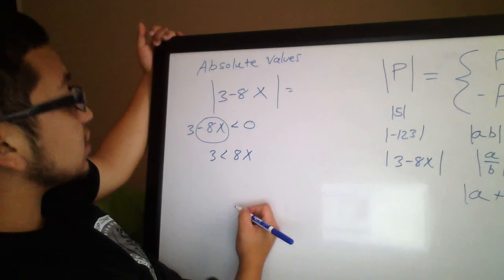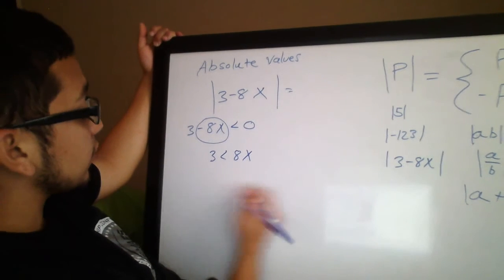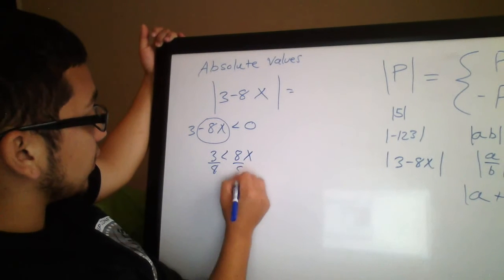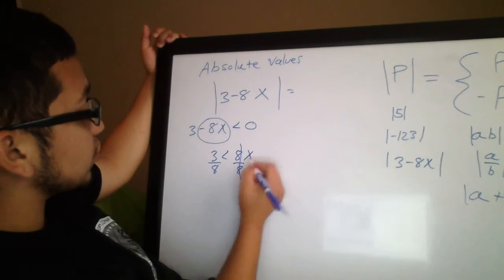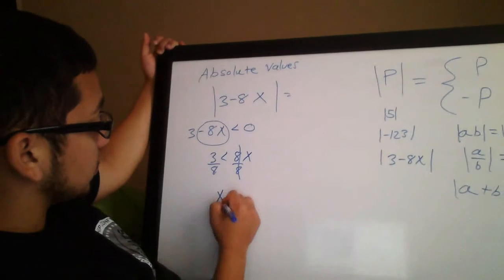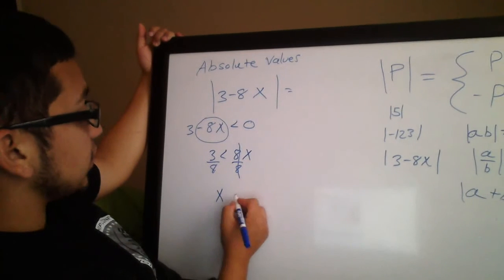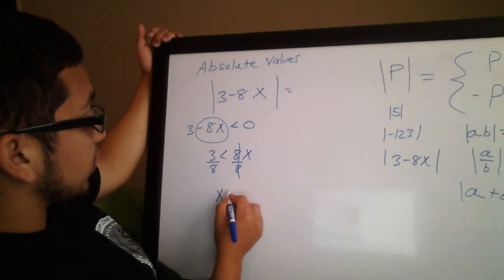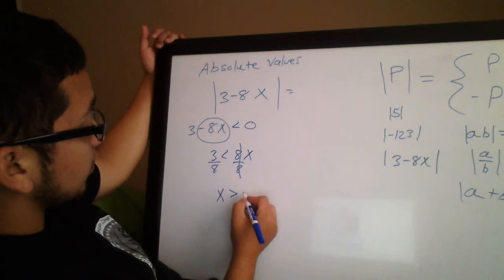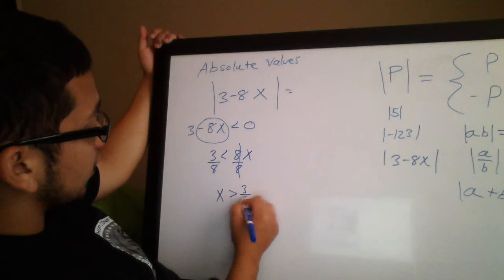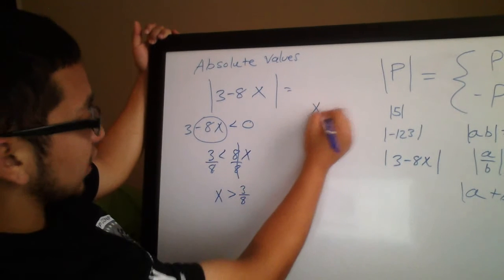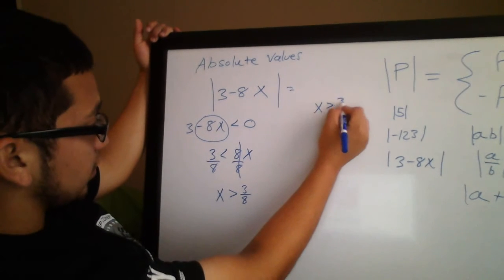Then we need to divide the 8 over. So I'm going to divide by 8 and divide by 8. So this is a 1, so that just goes to 1. So I have 1x. So then x is going to be greater than, because this is a greater sign here, greater than 3 over 8. Okay, so I'm just going to write this to the side. X is greater than 3 over 8